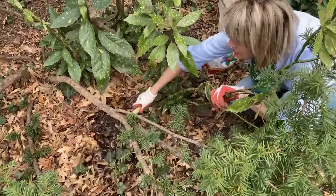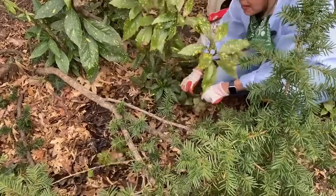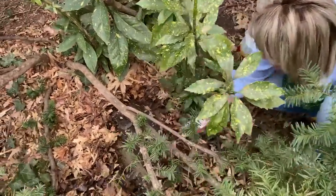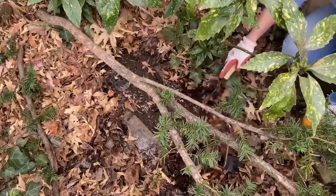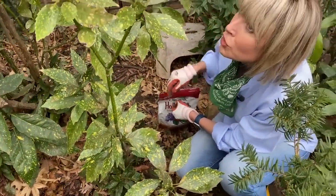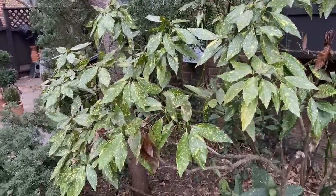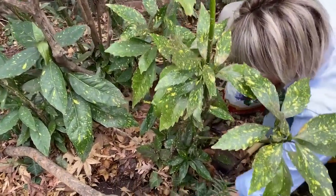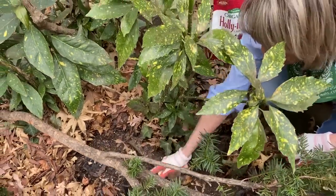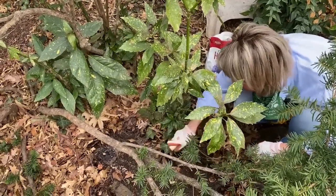because as I'm doing my garden cleanup, I'm looking for different things. For example, I'm going to cut back some of this ivy. I'm addressing those things that need to be done. Look, I unearthed a piece of flagstone I can use, but I'm also going to treat this blue Atlas cedar and the other evergreens in this area with some Holly-tone. So I'm going to pull back that leafy mulch, and in this whole space, I'm going to work in some of that evergreen food, that Holly-tone,